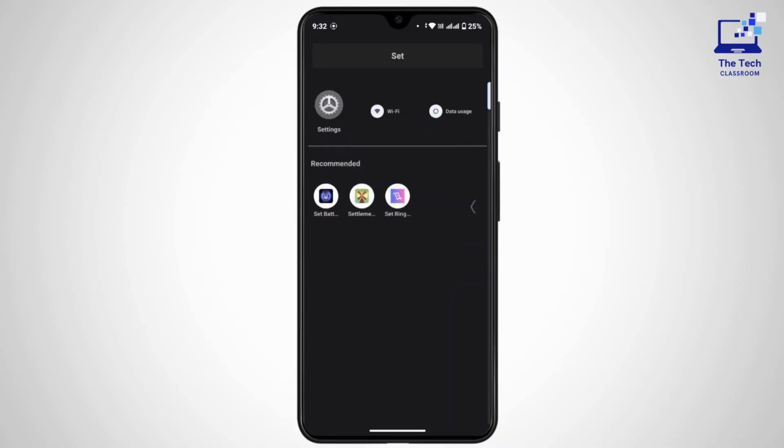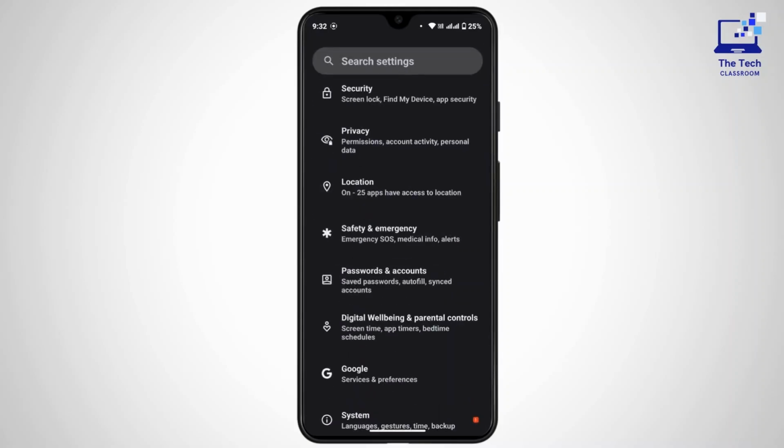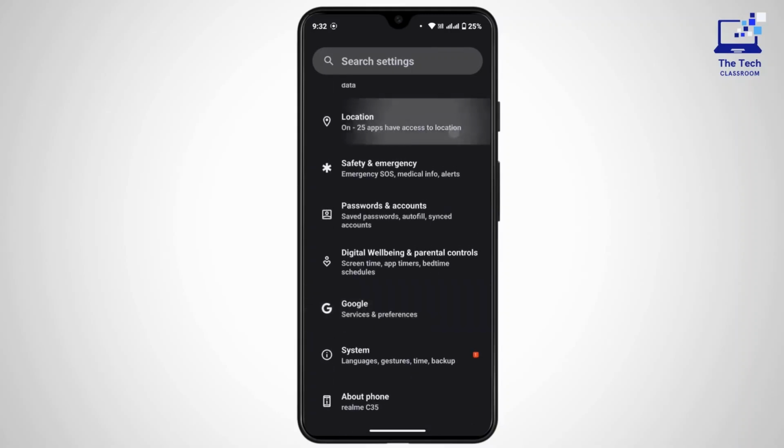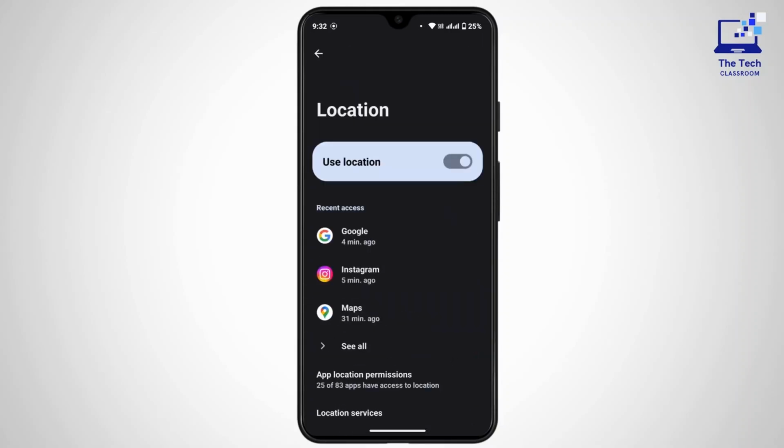Now once you have added your account, again you have to go to the settings and enable location. For that, on the settings, tap on location and make sure that the location is turned on in your mobile